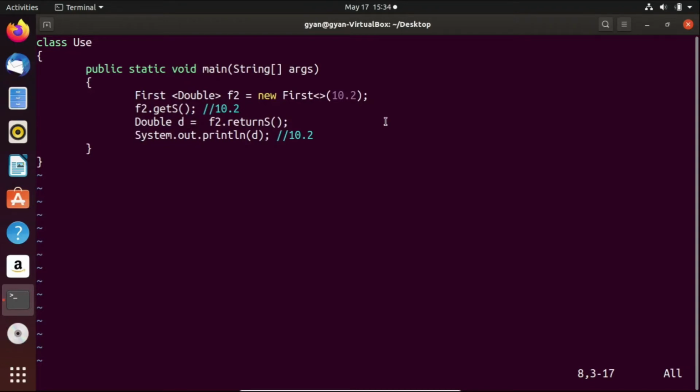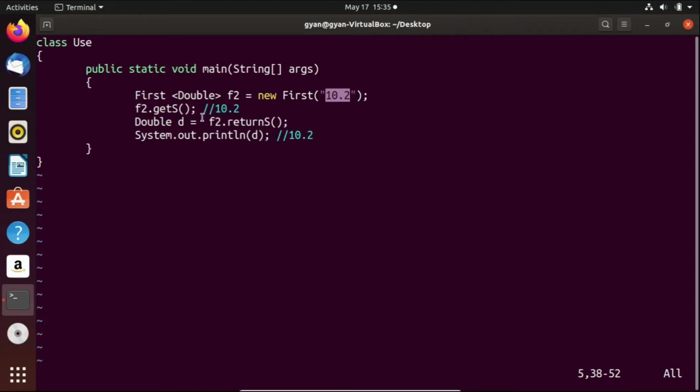Let's do something interesting. Let's remove this diamond operator from here and make the object creation raw, and make the value 10.2 a string instead of a double. Now the latest value of the variable s is string 10.2.